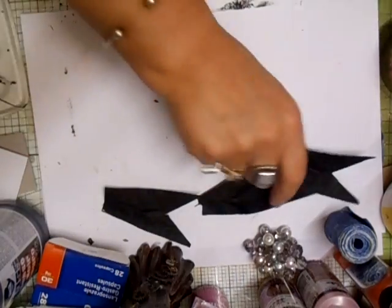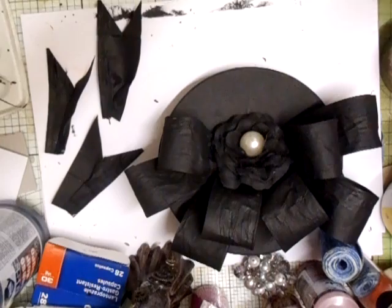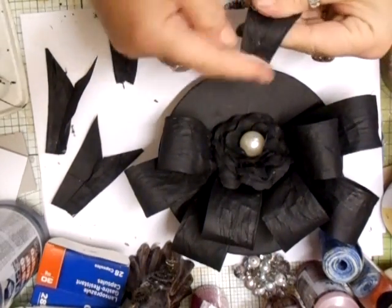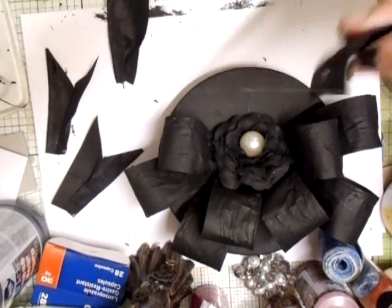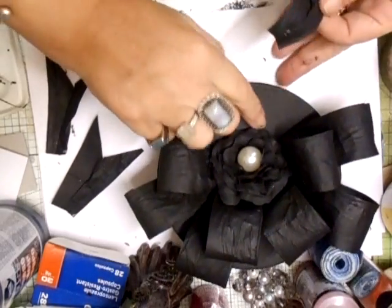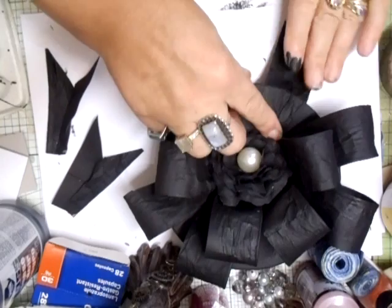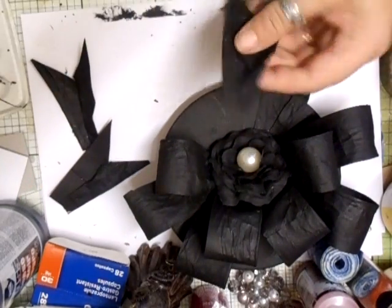And then we take the box lid. I hope you can see this. We need the longer ones first, of course. And because it's got the wire in, I can shape it. Just glue underneath, and then you tuck it slightly under the flower, like that, and then you take the shorter one, take the longer one on the other side,